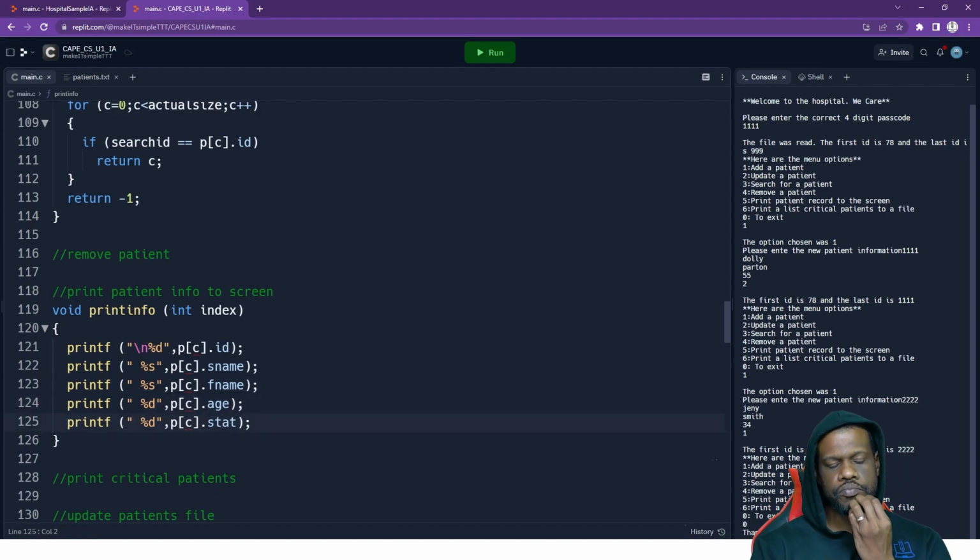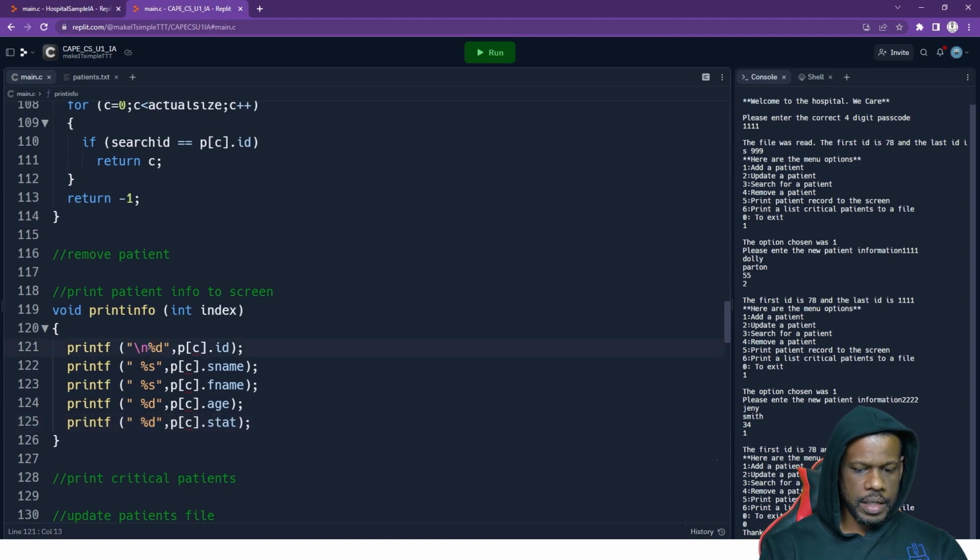Nice. So what this will do is it'll print it out to the screen, and I'll see all the patient information. But I probably want to put some information like ID,